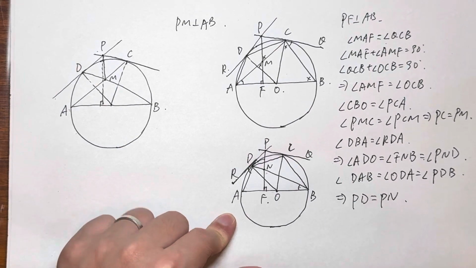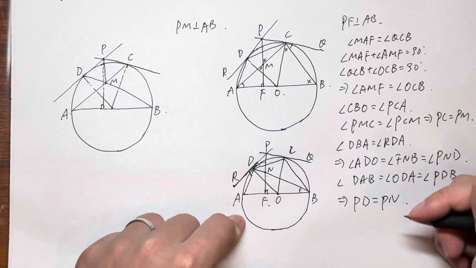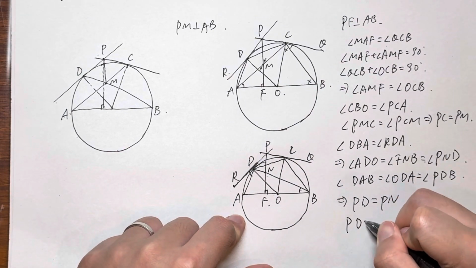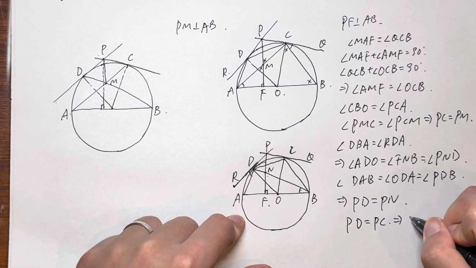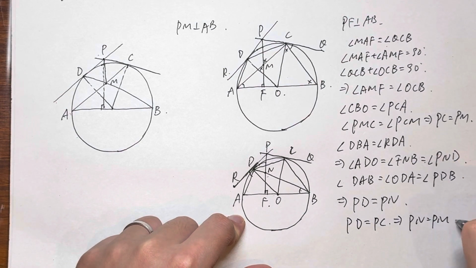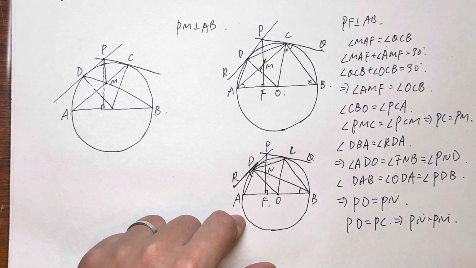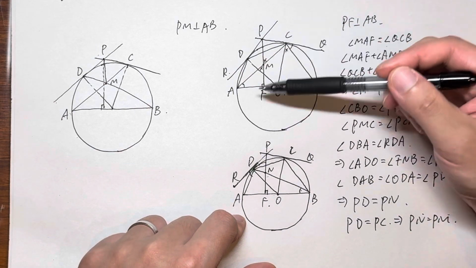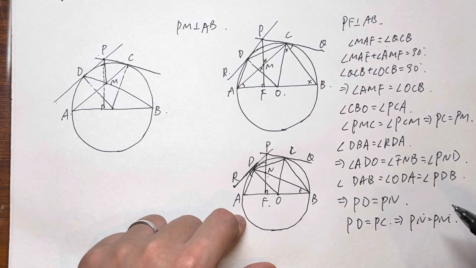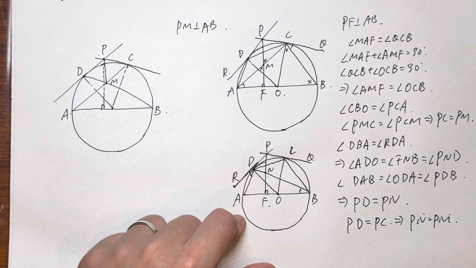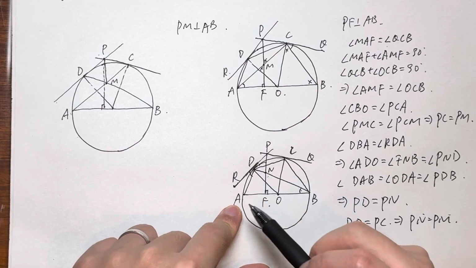Right. And comparing these two figures, we already know that PD equals PC, which means PN equals PM. And we know that N and M are on the perpendicular line from P to AB, which means N and M are the same point, right? So that is saying